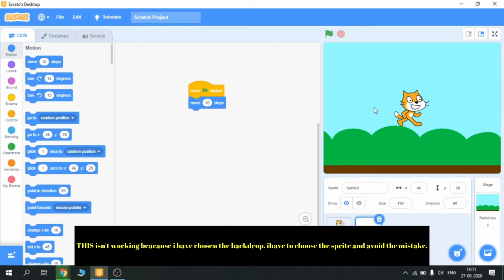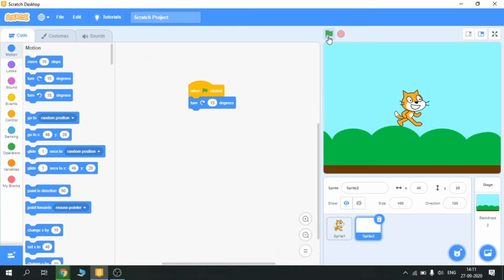Look, he moved a little bit, but I know you can't see because it moves very fast. So I'll use turn 15 degrees clockwise. So you'll see the cat is turning 15 degrees clockwise. I'm sorry, I have chosen here the backdrop, so I have to choose sprite. Okay, so now I have to delete this coding because this was backdrop coding.